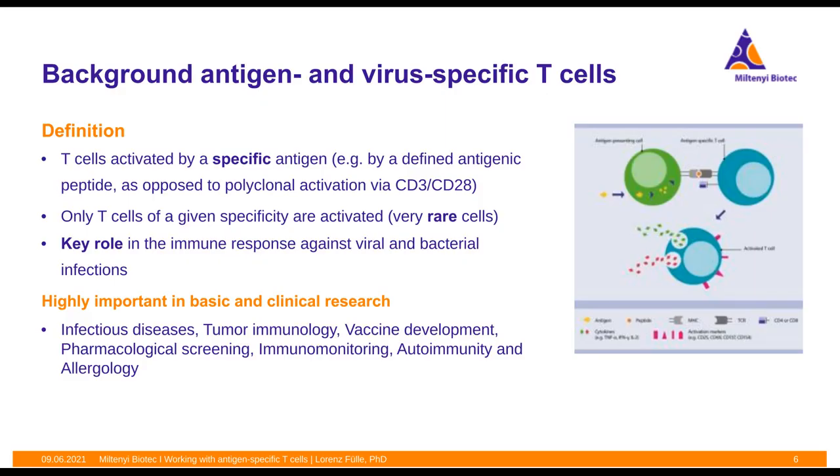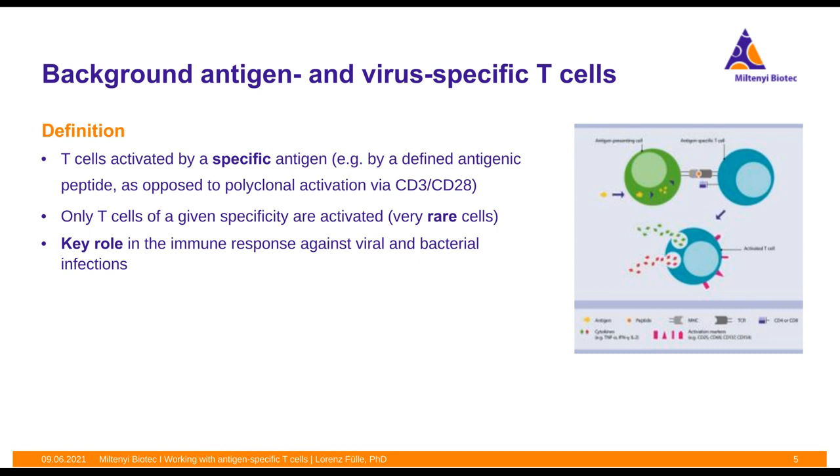So, of course, all T cells are basically antigen-specific. We talk about T cells that were activated before the analysis by a specific antigen, for example, a defined antigenic peptide, and this is really opposed to a polyclonal activation via, for example, CD3 or CD28. By this, only T cells of a given specificity are activated, which means that the initial frequency of these cells is, of course, very rare. And of course, antigen-specific T cells and also virus-specific T cells play key roles in the immune response against viral, bacterial infections, but also in